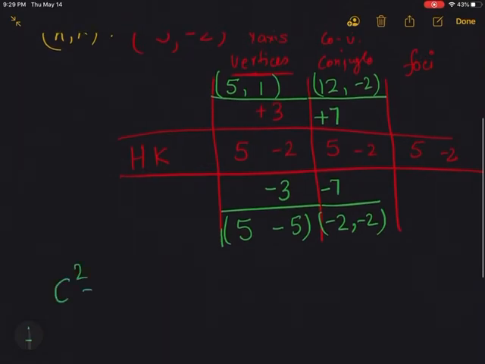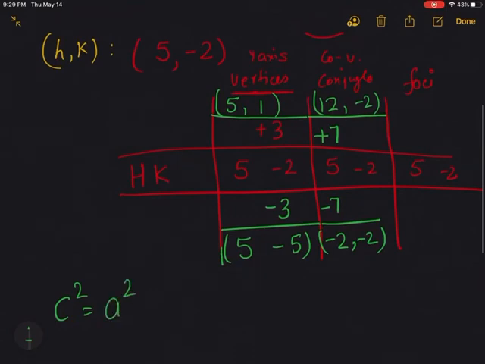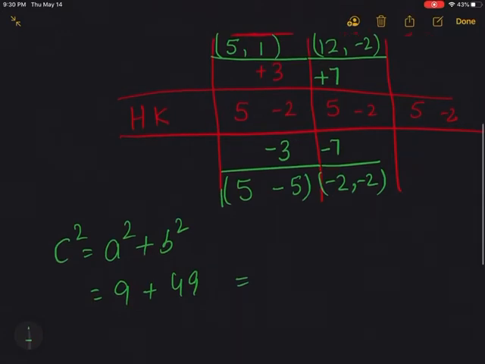So for the c squared equation, remember if the original is minus, then c squared would be plus. So a squared is 9, b squared is 49. If you combine these two, this becomes 58, and the square root of 58 would be, I would say just pretend 7.6. Okay, now